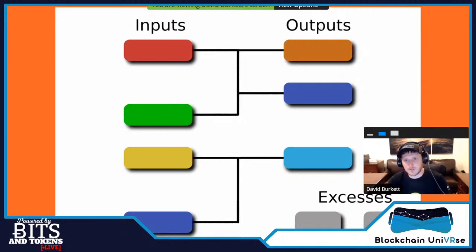And then these outputs are the new coins being created. So you create an equal amount of coins on the other side of a transaction. You can't inflate the supply or anything like that. So let's say this is worth 5 Litecoin and this is worth 3. So you have 8 Litecoin that you're spending, and you can spend 5 here and maybe 3 back to yourself as change, or maybe 6 here and 2 back to yourself as change. But one of these will be the receiving party and one will be the sending party's change in a typical transaction.